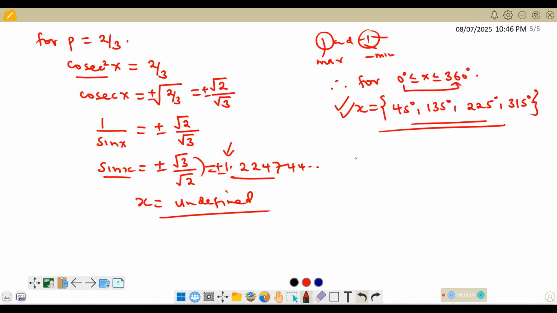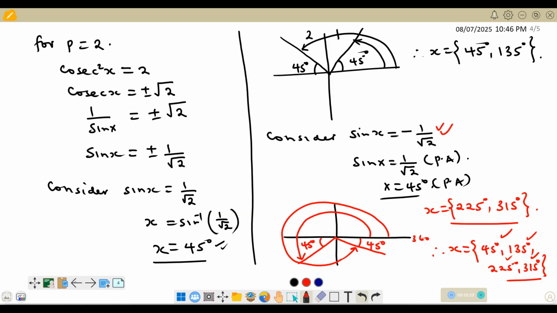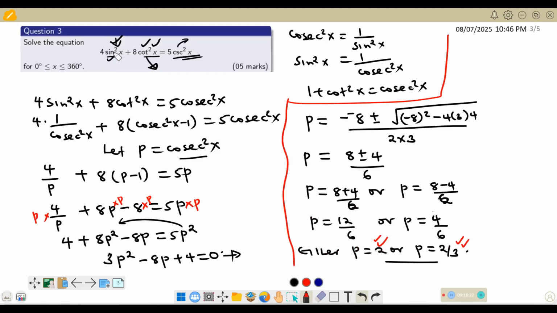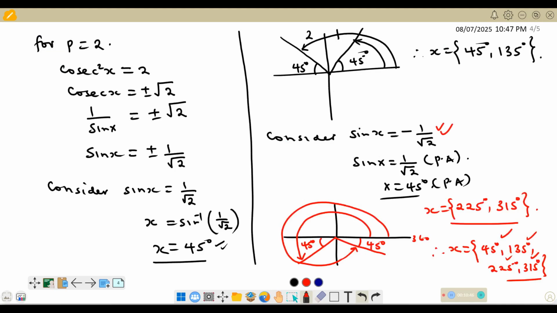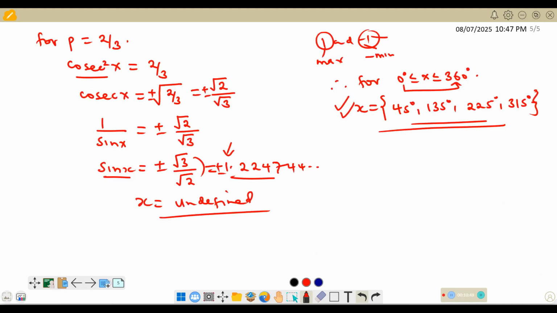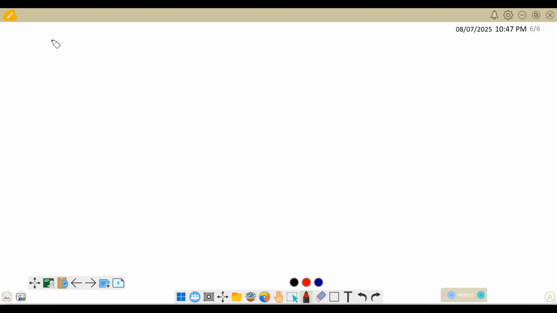So that is one way of how you can solve this given equation, and we have seen that one here is by expressing each of these in terms of cosec. But we have another alternative that we can also follow, that is when we express everything in terms of sine, because given this equation here, we can express it also in terms of sine. So we can look at that alternative case, and you choose the one that will be easier for you. So the alternative case can be, we are given